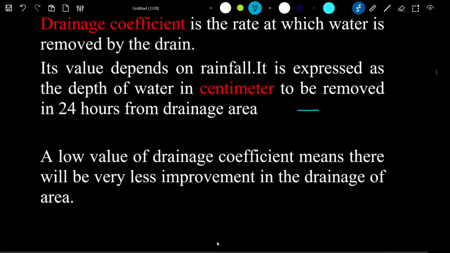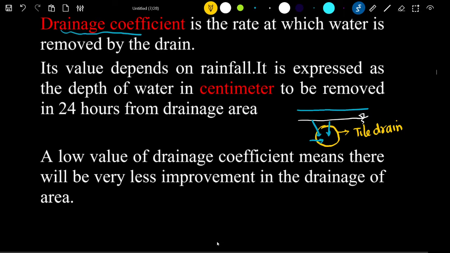Usually, if in a certain land the water table is very high, there are chances of waterlogging. So in such waterlogged land, if there are suitable conditions, we sometimes provide some closed drains called tile drains, which are subsurface drains. The purpose of these drains is to collect the water through seepage, carry it, and dispose of it somewhere. So the water table will get lowered. Such drains are given, and in land drainage we use this coefficient to analyze whether the tile drainage is beneficial or viable or not.